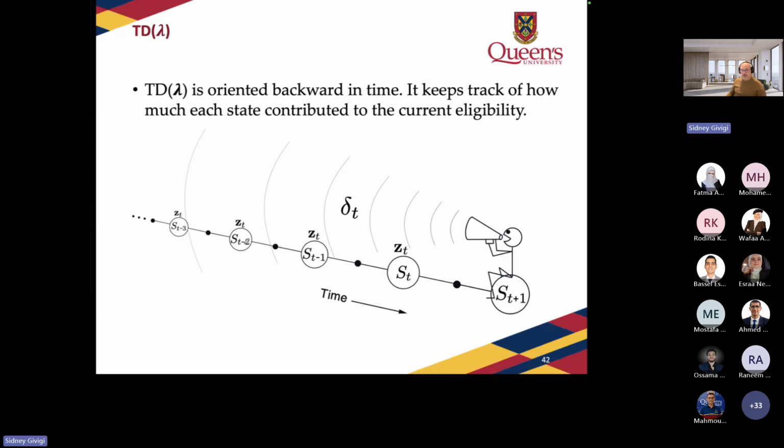Why does this work, right? Because it's technically not the same thing, right? One thing is you looking at the future. The other one is looking to the past. So looking to the future, we have what is called a non-causal problem, right? Because you have to wait until the future for you to actually do your update. This is a causal problem because we are looking at the past. But the implicit assumption here is that the future is going to work similar to the past.